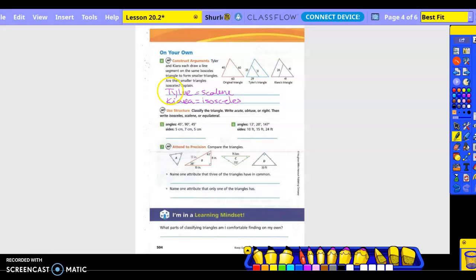Use structure, classify the triangle, right? Acute, obtuse, or right, then isosceles, scalene, or equilateral. So we just did that, right? Okay, so what do you guys think for 5? A right, because you have a 90-degree side. Isosceles, because you have what? Yeah, 2 equal sides. Okay. Number 6, based on